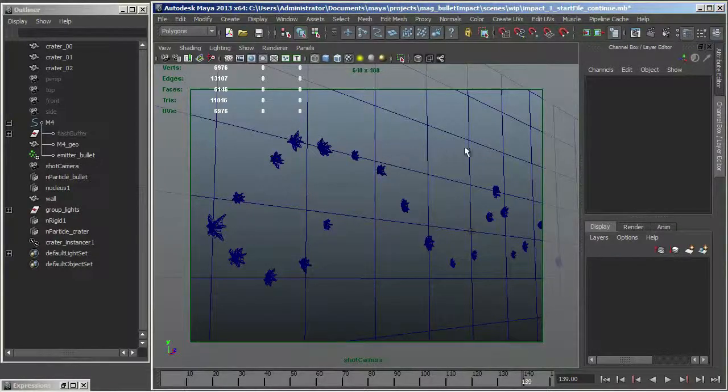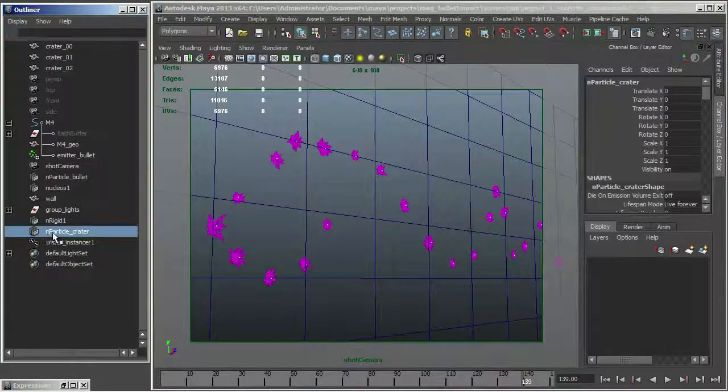In this case, I'm just going to go with sparks, but if you prefer to have rubble and little rocks, you would use exactly the same system that I'm going to set up, but you just apply another particle instancer node to it. But in this case, I'm just going to go with sparks. So what I want is to have my nParticle crater